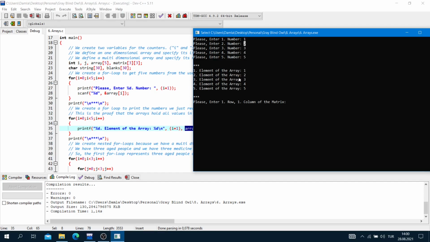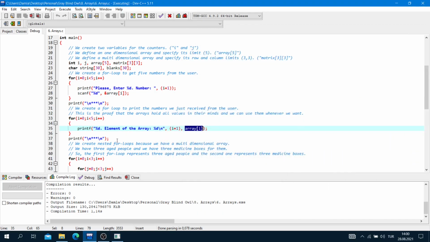The third element is 3, we entered 3 here. The fourth element is 4, we entered 4 here. The fifth element is 5, we entered 5 here. Okay, this was the array.